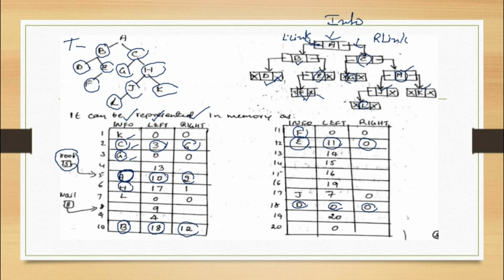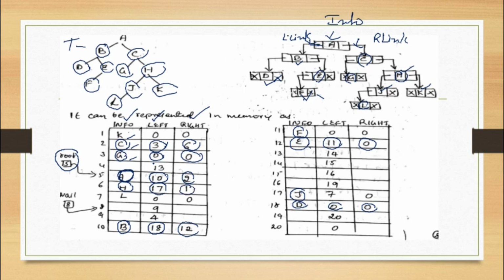Now once again, if you go to G, which is stored in the third location, it is 0 0. Why is it 0 0? Because G doesn't have any children. So we are done with it. But H students, if you go to H, H has once again a left and right link, correct? Now what are those? J and K. J is stored in the 17th location, and in the first location you have K.